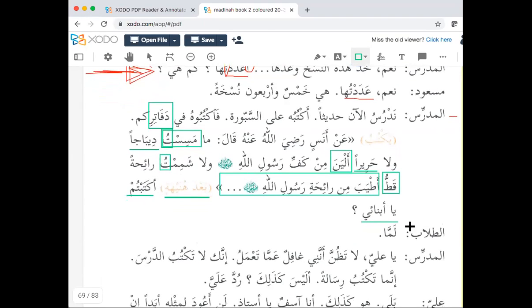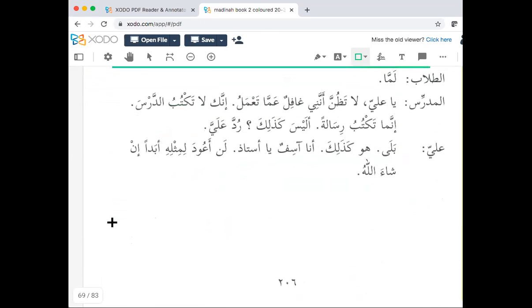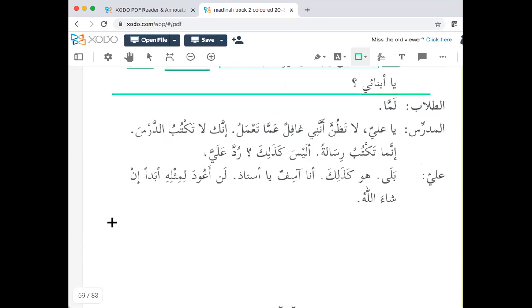I think we're going to stop there because we've taken quite a long time. Bi-idhnillahi ta'ala, we've gone over the designated time. And bi-idhnillahi ta'ala, we will have to continue, inshallah, from the same point next lesson, which I suspect is not going to be next Wednesday because I think people are going to be busy with Eid on Tuesday and then going over to Wednesday with sacrificing